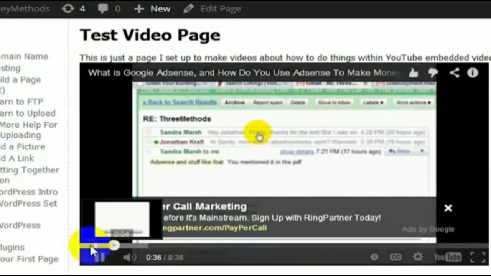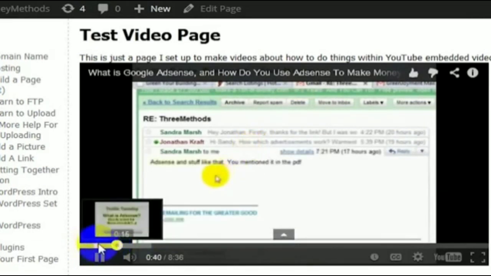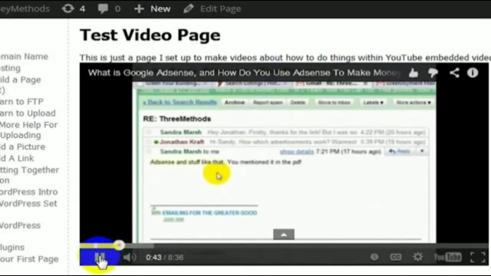This is a little thing, but if it fits in better with the color scheme of your site to have a white progress bar instead of a red progress bar, Google or YouTube gives you that option to be able to have it with that color of progress bar. So that is how you change the color of the progress bar in an embedded